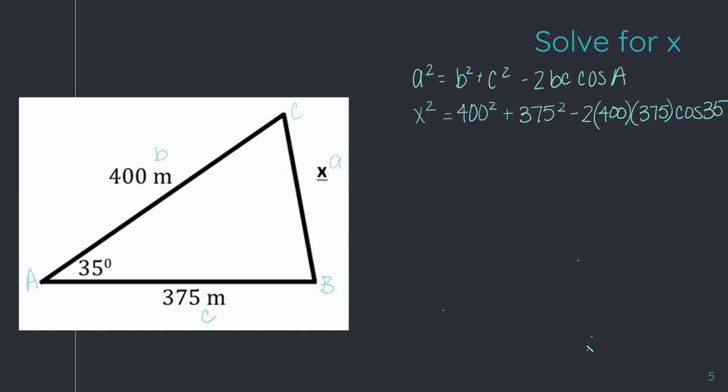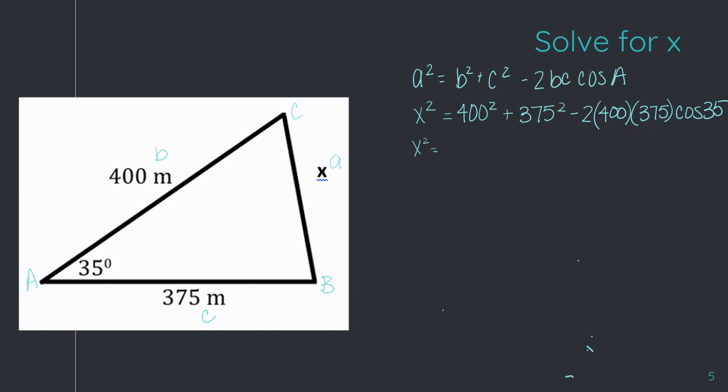Now I'm going to start evaluating. There is a very specific way to evaluate this so that you punch it into your calculator correctly, and I'm going to talk you through that. You are going to need to show some work for these problems. These are not where you just write it down and plug it all in. You're going to have to write down a little bit so that you don't lose things or so that you evaluate them correctly. So let's start by squaring 400,